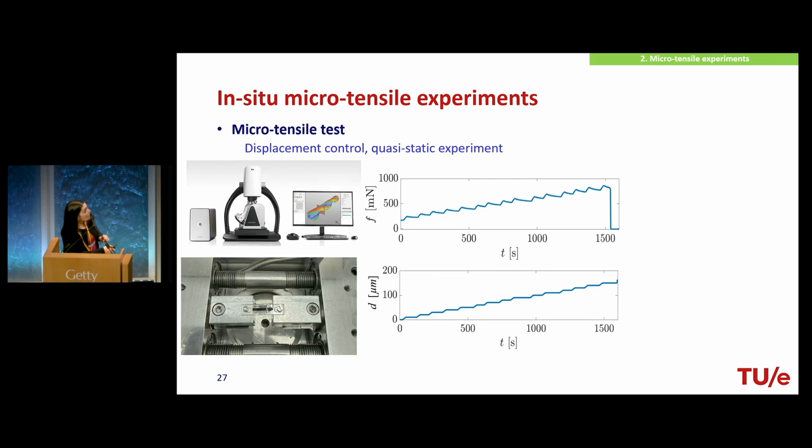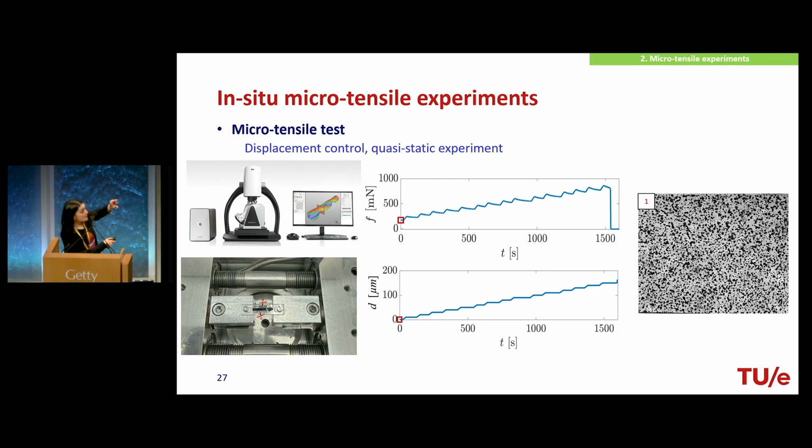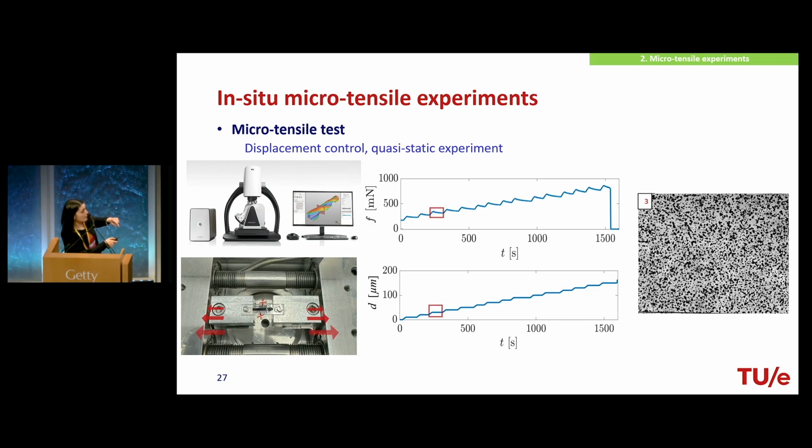Okay, so let me show you now the procedure. Now we are ready to do the tensile test. What you see here is the sample that is mounted on the tensile stage. And what we do first is to cut the 2 bridges that I showed you before, and then we can start to apply the load. So for each loading step, we take an image, then we apply load, we take a second image, then we apply load. I should mention, we wait for the force to relax, and then we take another image, and so forth. And we continue up to the failure of the sample.